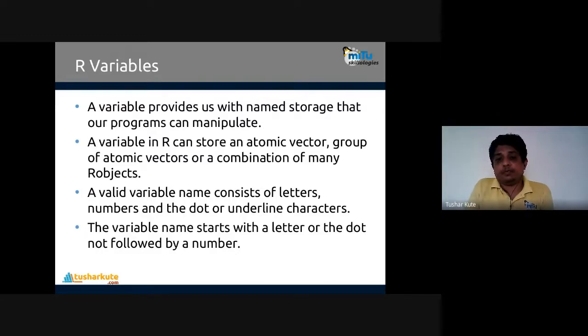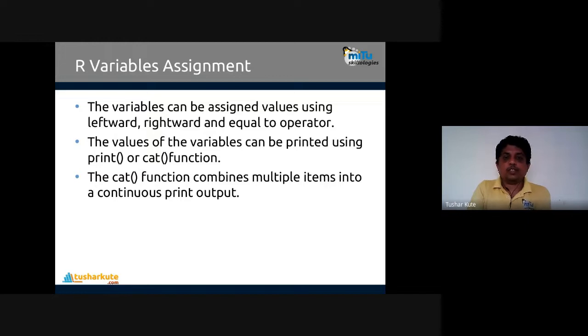The variable name can be anything, just like in every programming language, with letters, uppercase and lowercase. R is a case sensitive language, where data can be stored in lowercase and uppercase separately. We can use the dot and the underscore in a variable name too. The dot is a special symbol which is applicable in the variable name.